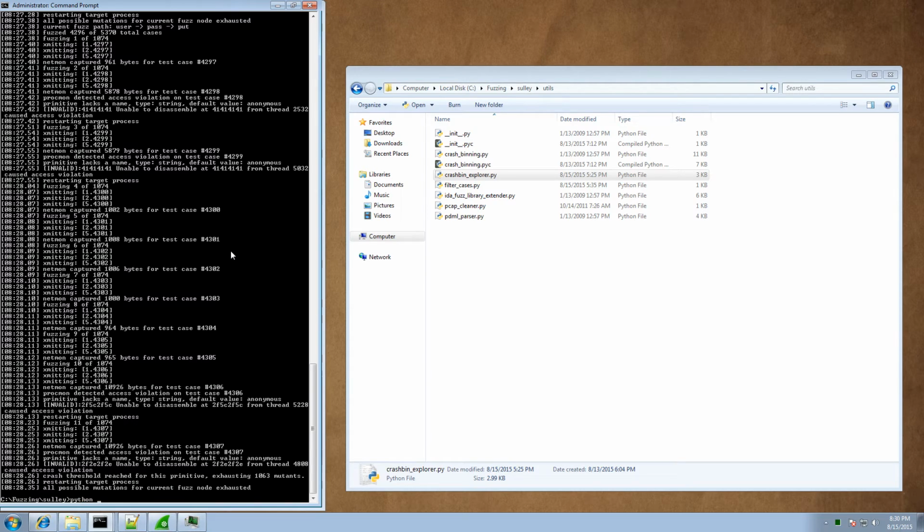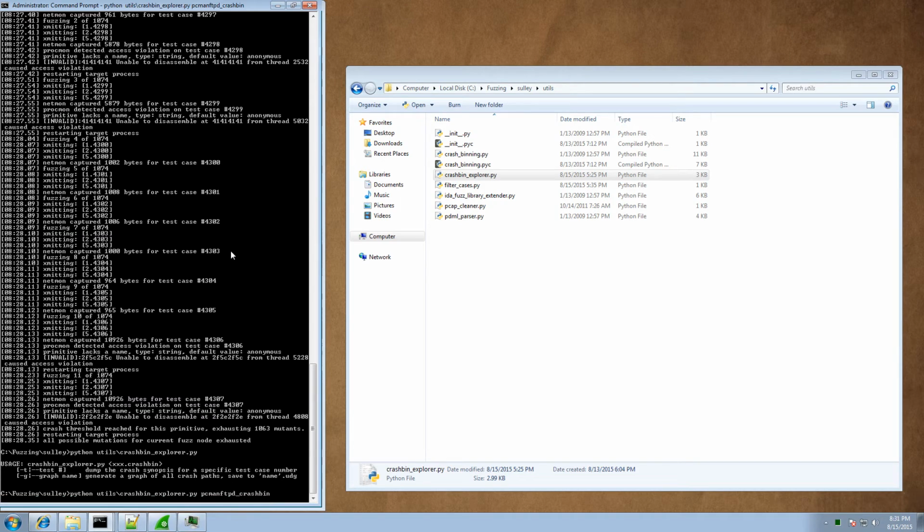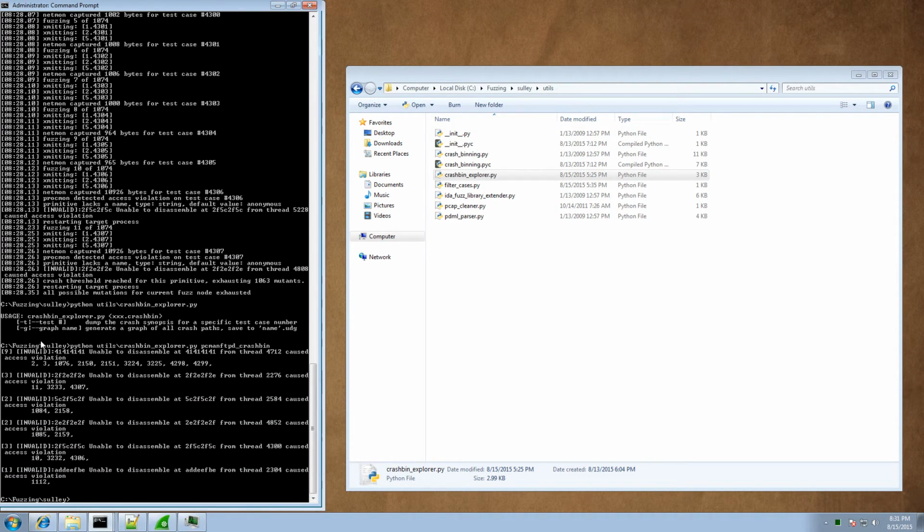So what can we do with these utilities? Let's start with the Crash Bin Explorer. As an argument, it wants to have the PCMan FTPD crash bin file, and it will show us, okay, these use cases led to a crash where we overwrote EIP with this value. Here we have the use cases 11, 3233, 4307, where we overwrote EIP with this value. So it's sorted by overwritten